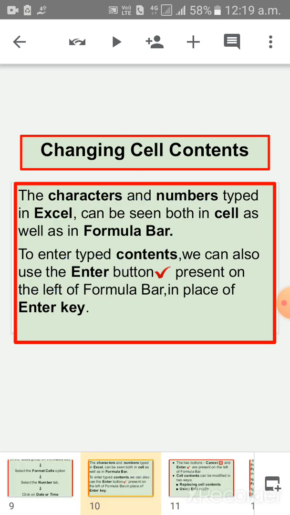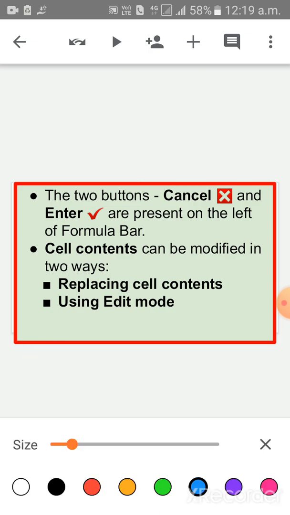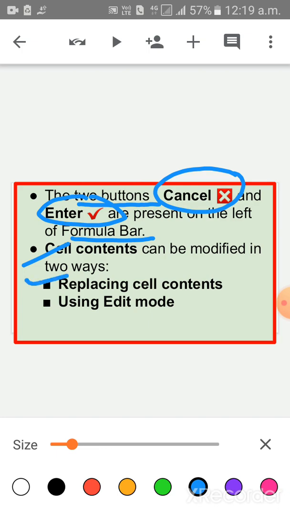Okay? There are two buttons, the X cancel button and the Enter button, present on the left of the formula bar. Cell contents can be modified in two ways. Number one, replacing cell contents, or by using edit mode. Okay?